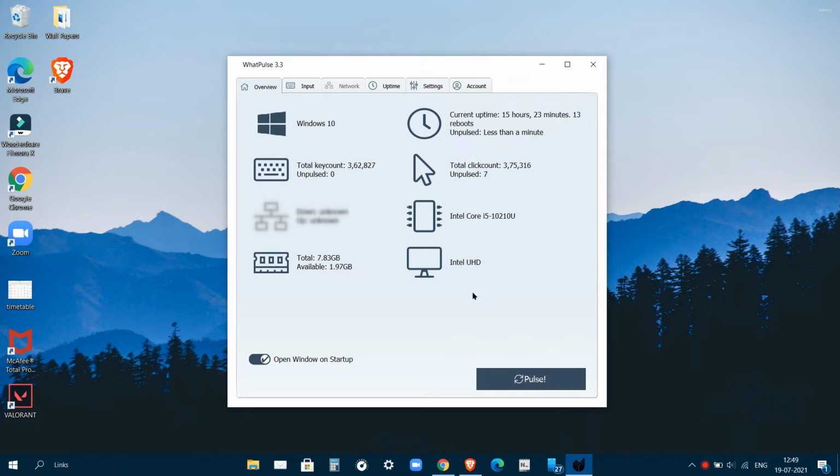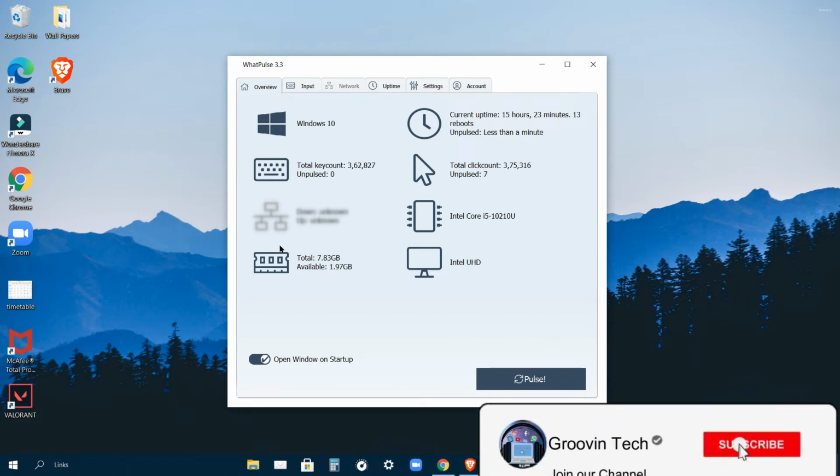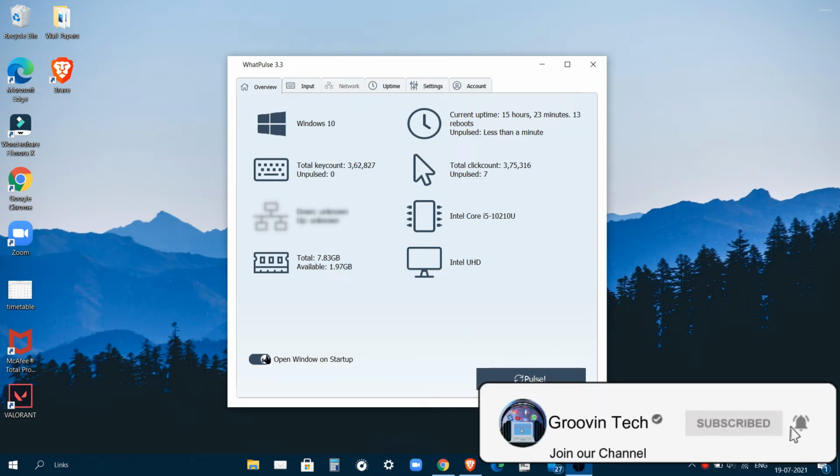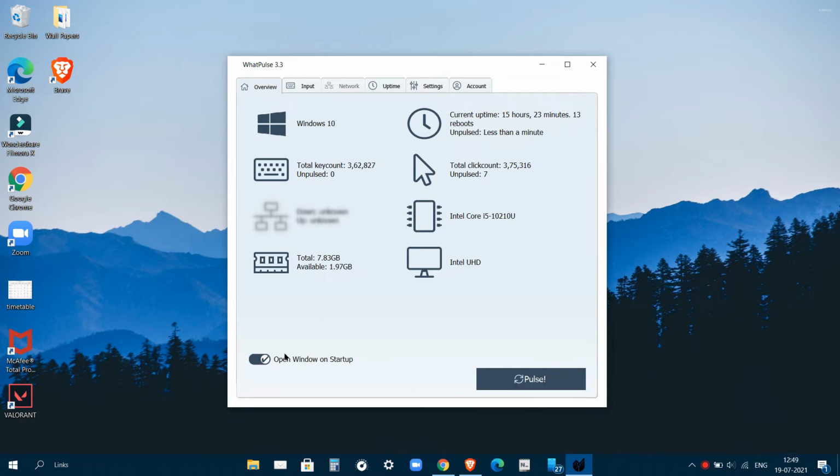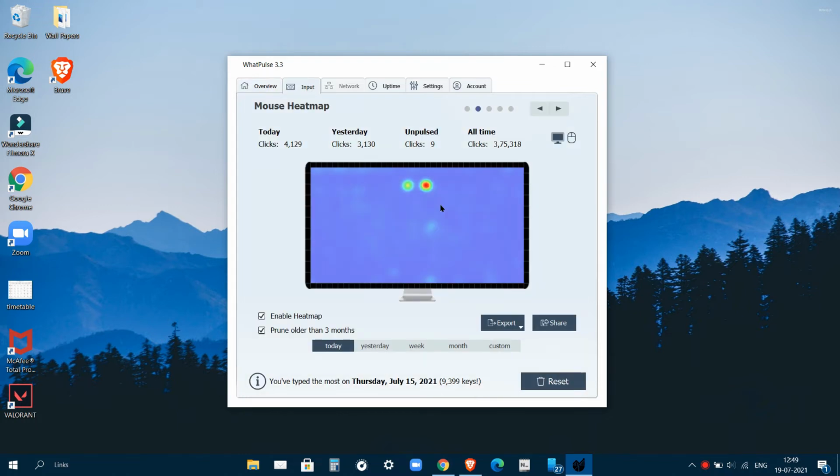Mine is i5 10th gen, a pretty old one. Intel UHD graphics, and I also have NVIDIA graphics. Why am I showing off? Okay, fine. Let's head on to the next step. If you don't turn this on, you have to launch it again and again, which will become a tough job. So you can just switch it on, so that a tick icon appears.